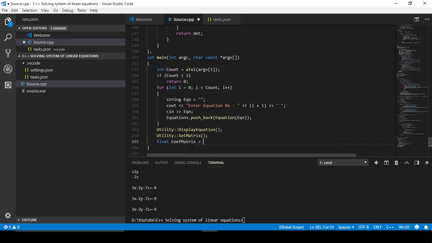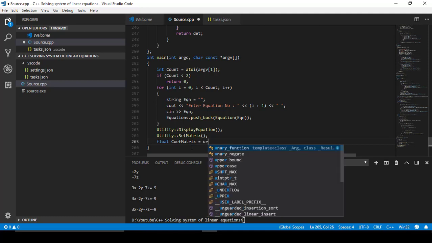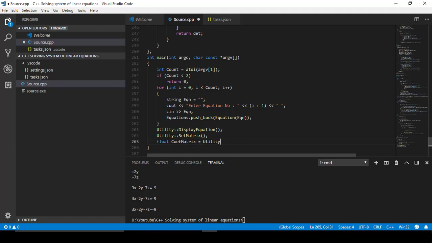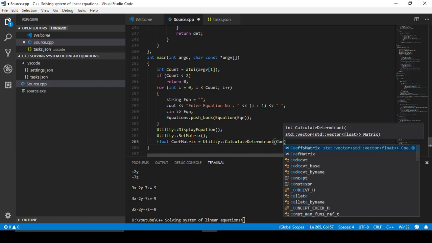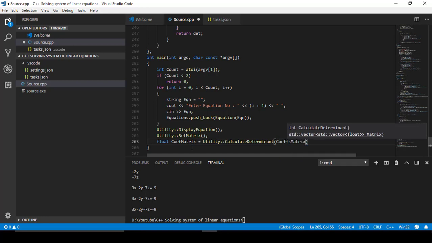It's equal to utility and calculate determinant and pass to it the coefficient matrix which we added in it,